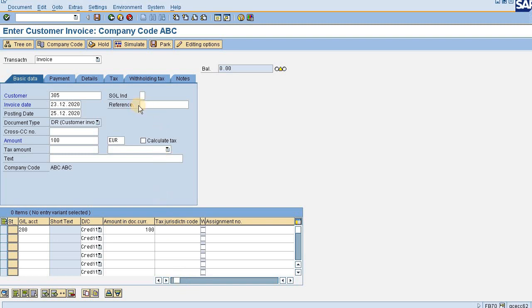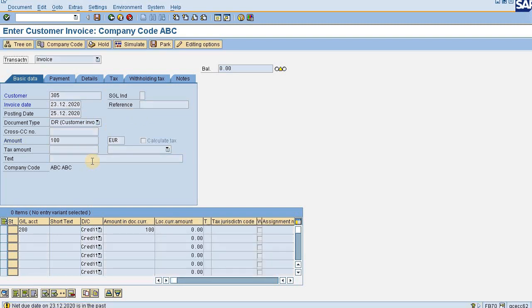Now see, I have not given any reference field here. The reason being, as per the substitution rule maintained, the system should fetch the reference value as the posting date given. The system should fetch this date automatically. So I am not giving any reference field value here. Just pressing enter.